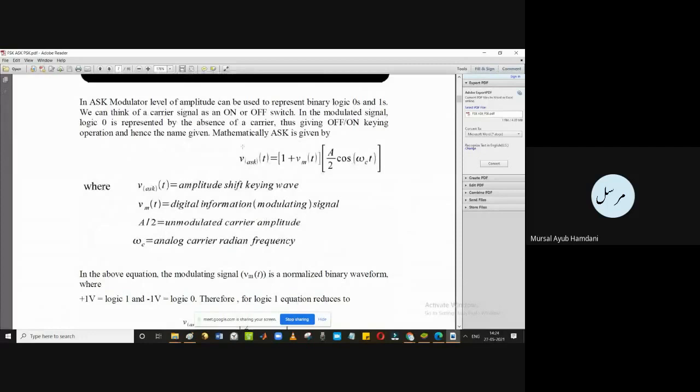The overall V_ASK can be written in different forms. In a simplified form it can be written as [1 + v_m(t)] A/2 cos(omega_c t). Now on the left hand side, V_ASK(t) gives us the overall amplitude shift keying wave, that is the modulated wave. Okay, v_m(t) will be the digital information 0101,